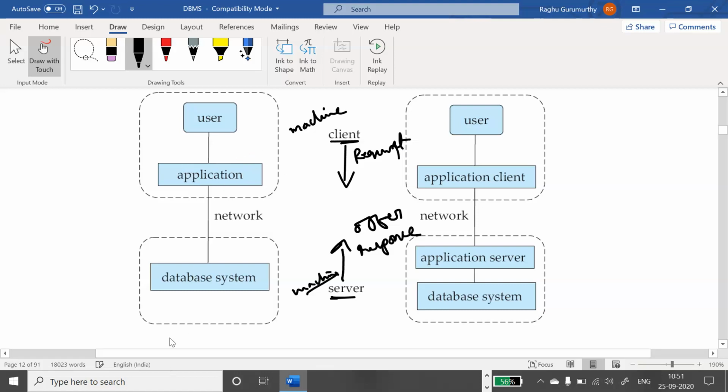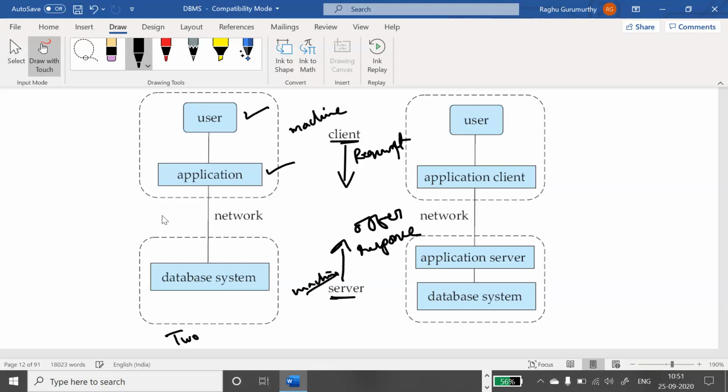In two-tier architecture, the user and application, that is, the application program, reside in a single machine. That is the client machine. The database resides in a separate machine. We are going to call it the server.